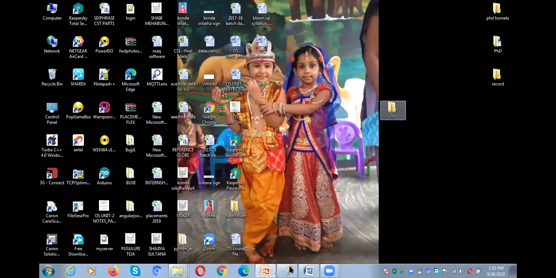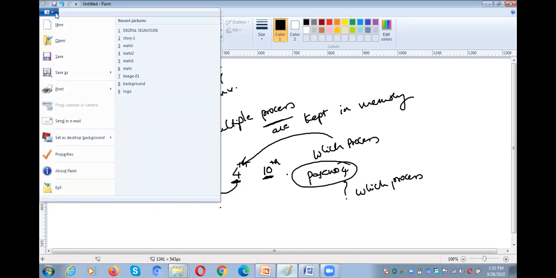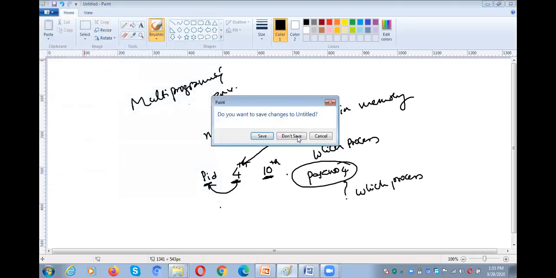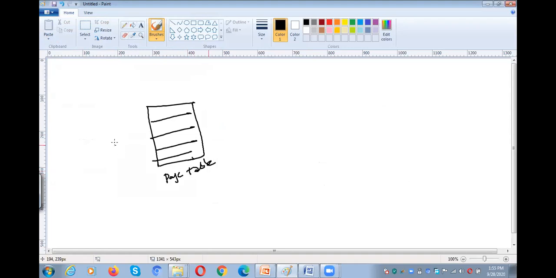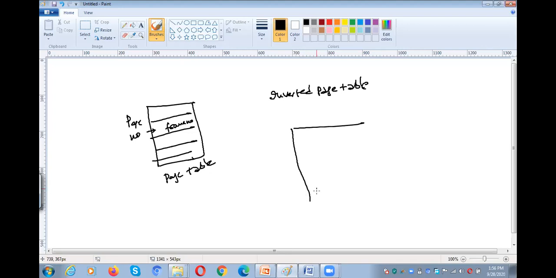if we observe earlier, what happened? Earlier the page table had 2 entries. The outer one is the page number and the inner one is the frame number. But in the case of an inverted page table, it is reversed.